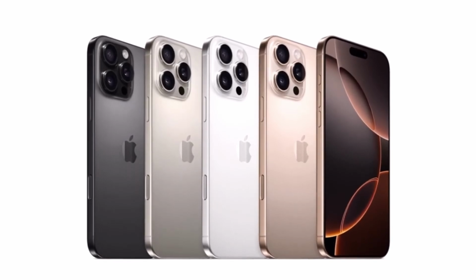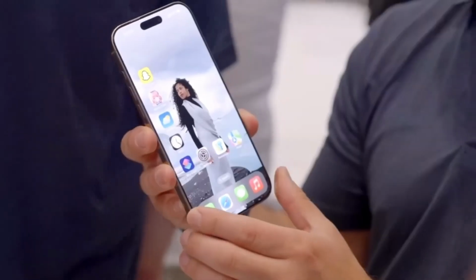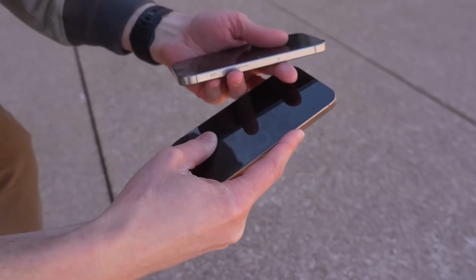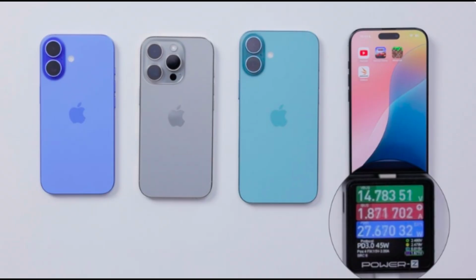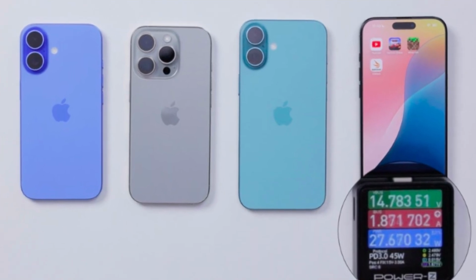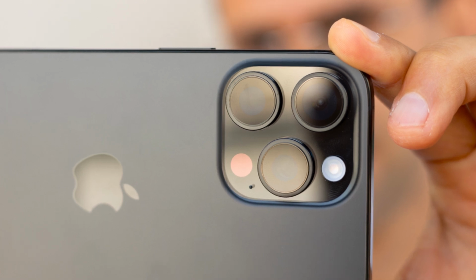Apple's latest flagships, the iPhone 16 Pro Max and iPhone 16 Pro, have made their way to the market, and as expected, they come with a slew of new software and hardware enhancements, especially in the camera department. However, according to Phone Arena's latest camera score, it seems that these updates might not be as groundbreaking as some were hoping for. Let's dive into the details and see where the iPhone 16 series stands in the ever-evolving world